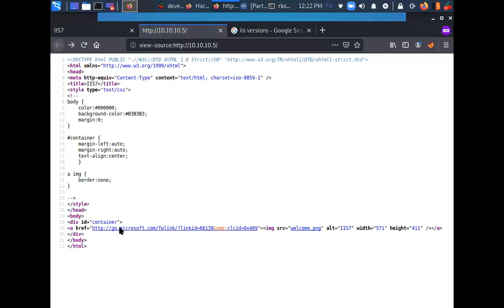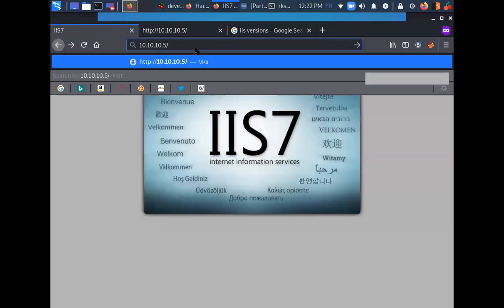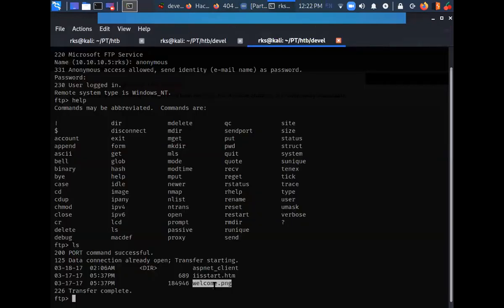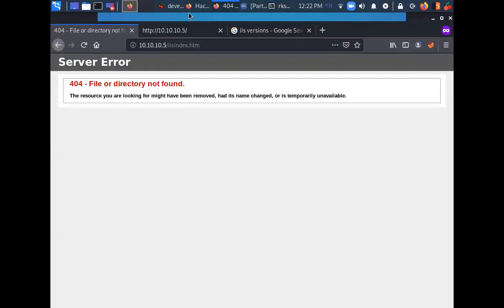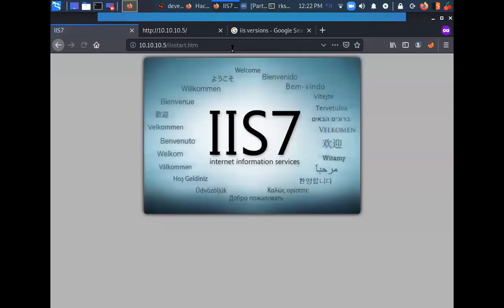So let me see if I can confirm the URL, like iis index.htm. Okay, maybe there's a typo here. I just typed iis start.htm. Okay, so iis start.htm. Yeah, so this is my home page here.